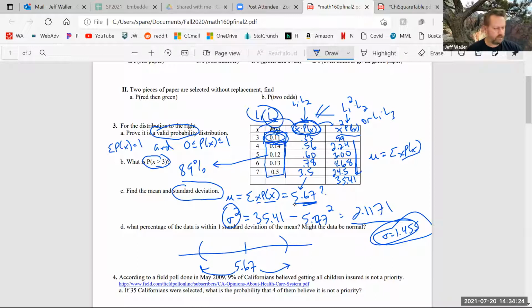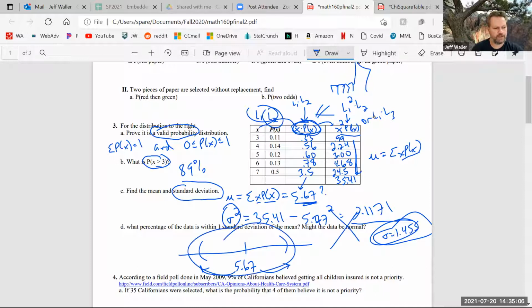Okay, let me catch up with the chat here. For that question, how would you know if the data is normal? Even before anything, look at this data. Where would the tallest bar be if I drew a histogram for this? Which one would have the tallest bar? 4? Why? Oh no, it would be 7. There we go. 50% of the data, 7. So wouldn't that be 3, 4, 5, 6, 7? Is that normal? No, not normal.